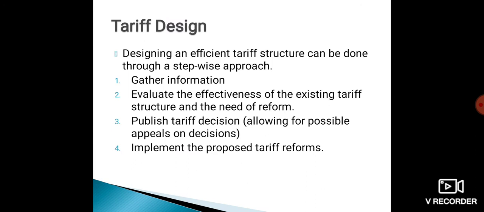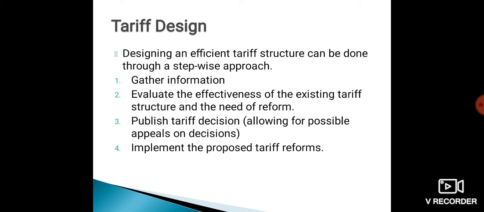Tariff design. Designing an effective or efficient tariff structure can be done through a stepwise approach. If we want to design any tariff structure, we will have to go through the stepwise procedure. First step is gather information.